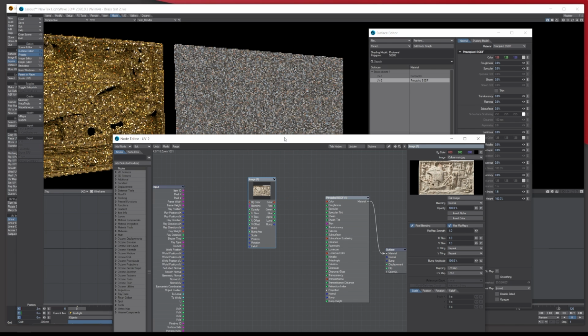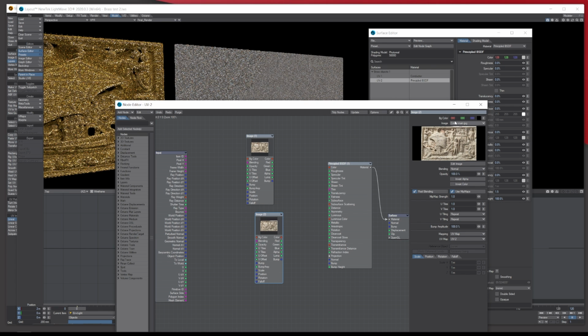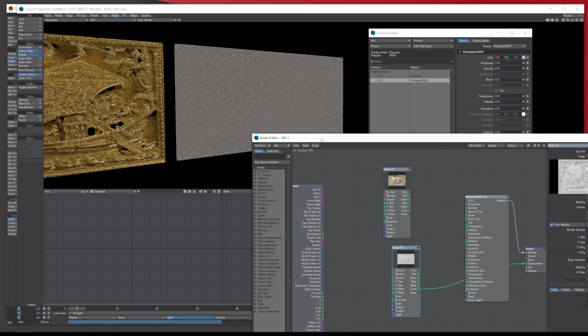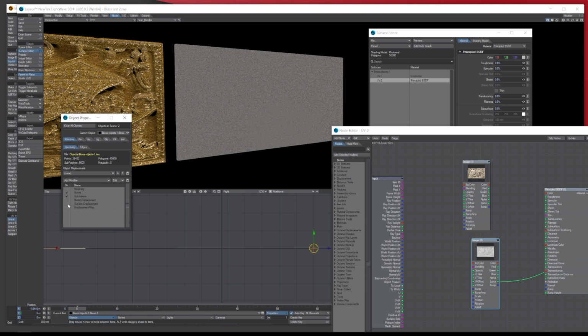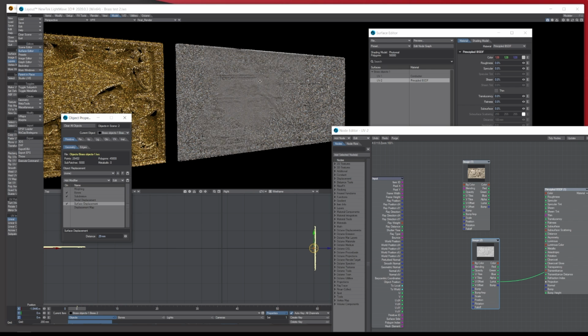Well, let's just unplug it, because what I want to do is copy this, paste it, and switch it for the displacement, all the same settings. Let's take the Luma and put it into displacement here, and then let's go back. Now we've got to make sure at the bottom here we're on objects, onto the second one, properties, click surface displacement, double click it, and now you can start dragging this up, and you'll notice stuff starts coming through.